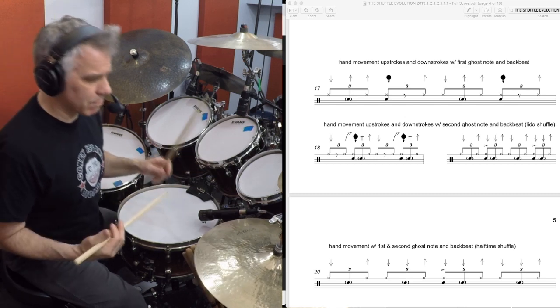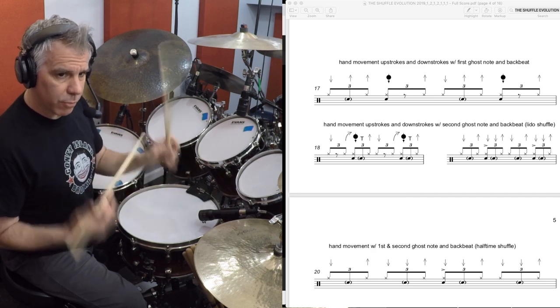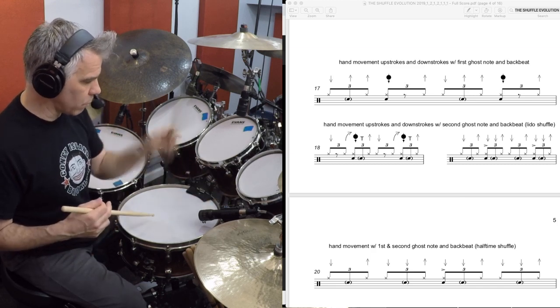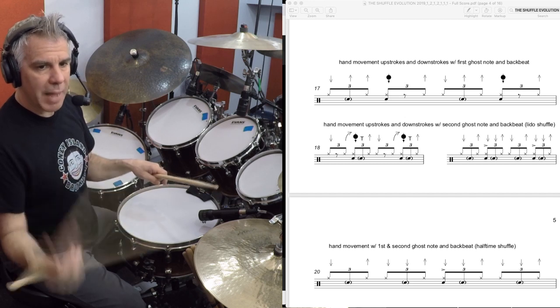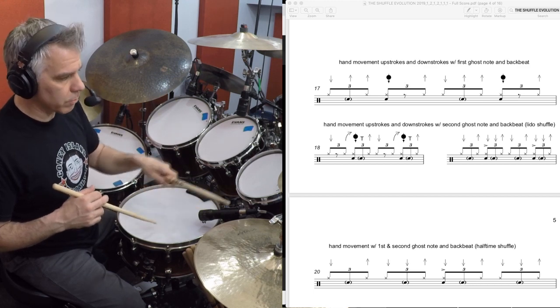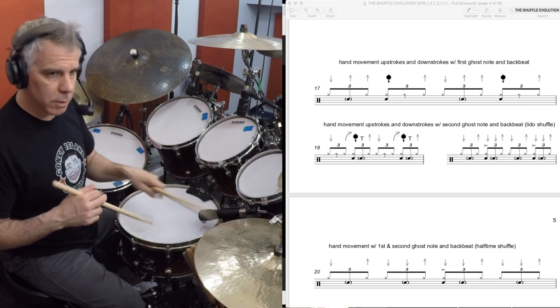Slow it down a lot if you have to. 1 triplet, 2 triplet, 3 triplet, 4 triplet, 1 triplet, 2 triplet, 3 triplet, 4 triplet, 1. You know, and go back to the drawing board if the backbeats aren't working. Go back to just getting this down. 1 triplet, 2 triplet, 3 triplet, 4 triplet, 1 triplet, 2 triplet, 3 triplet, 4 triplet, 1, and work that